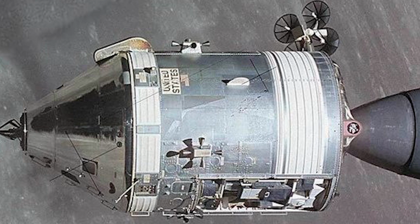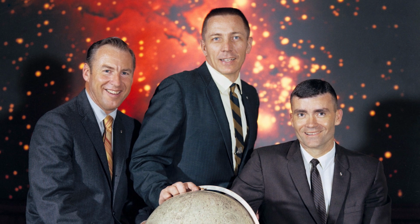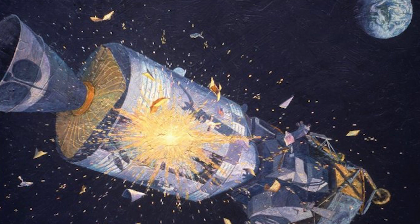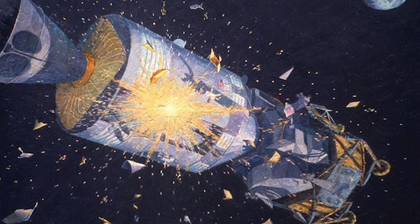The Apollo command module was nicknamed Charlie Brown. Now fast forward to 1970, and the Apollo 13 mission was meant to bring another team of NASA guys to the moon. I think it was Lovell, Swigert, and Haise. The mission objective was to explore a certain area on the moon called the Fra Mauro Formation. It didn't get that far, as there was an explosion on board the service module at approximately 200,000 miles away